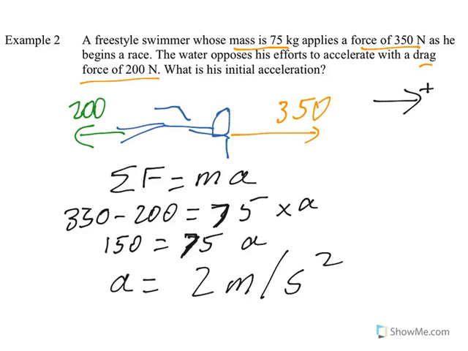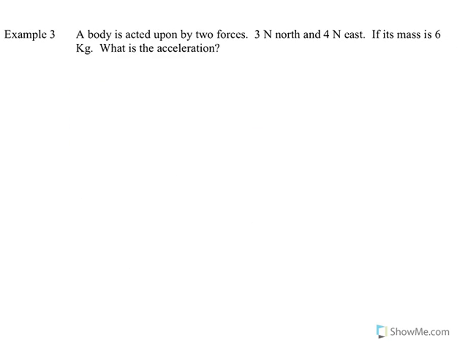All right, one more, example number 3. We'll look at a little bit more complicated one. Here we've got a body acted upon by two forces, north and east. If I take north there, here's our body. It's 6 kilograms. I'll put a little 6 in there. It's got 3 Newton north and 4 Newton